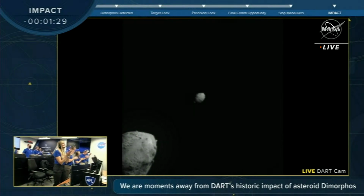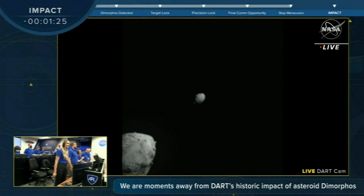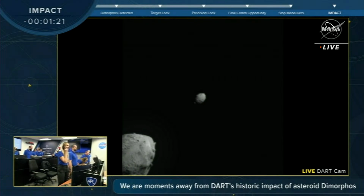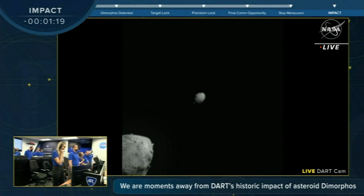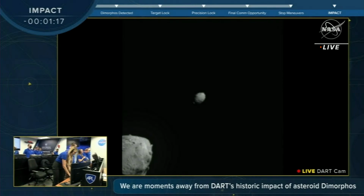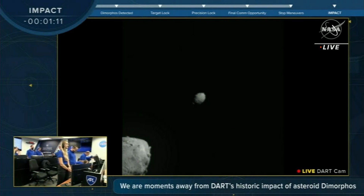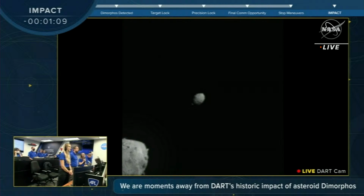All eyes on this event. Space telescopes, ground telescopes from every continent on Earth. All right, 2 minutes out. Does not look like one single rock to me. Oh boy, we're getting close. 14,000 miles per hour, Lori. 14,000 miles per hour, and remember,